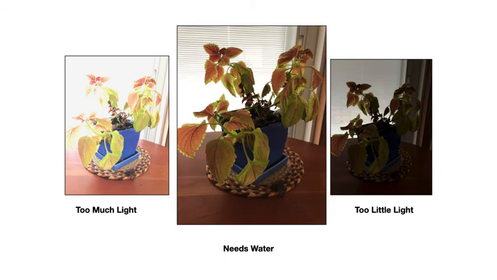Here's an example. Here is a kind of droopy coleus plant, and I didn't change the light on any of these pictures. I just used the exposure bar. So on the left, you see I had it way up, and so there's way too much light. The middle one is probably an okay exposure, but obviously the plant needs some water. And then the image on the right, I had slid my finger down the bar until I obviously had an